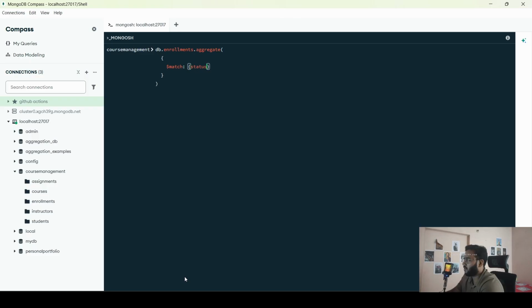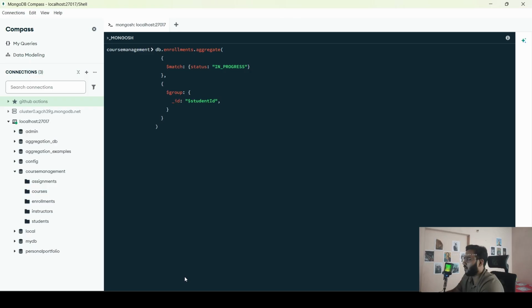So status should be in progress, and then we will apply our second stage, group. So in the ID, I will be mentioning the underscore ID, or you can say student ID,